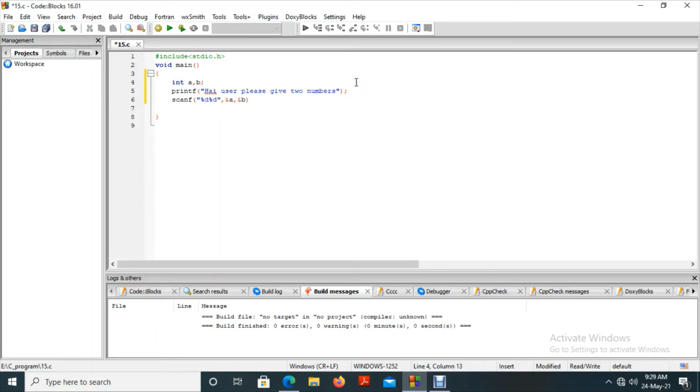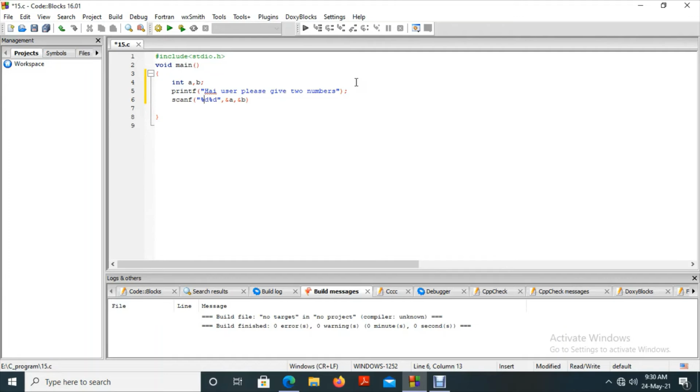So automatically, after the execution of this particular statement, the compiler will create two blocks of memory under the labels A and B, and each block can store up to 2 bytes, and it can store only integer type data in that block of memory. So that is the meaning of the first declaration statement. After that, we are telling the user, hi user, please give two numbers. So what's the next step? Our job is to collect those two numbers and save them in those two blocks. I told you initially, while declaring itself, we are instructing the compiler to create two blocks of memory.